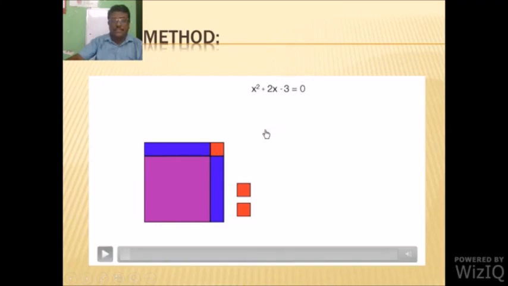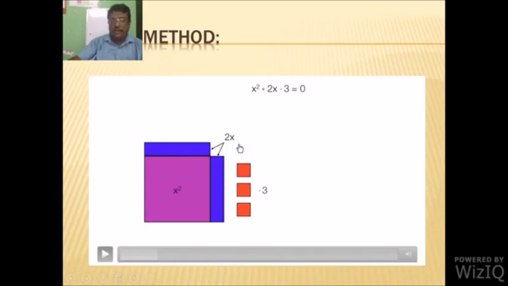Now we see the detailed equation, the pictorial representation of the equation. So the empty space represents the square of 1 unit. The length of the rectangle is x units, the side of the square is x units, and the area of the square is x square. And we have two rectangles, the area of the two rectangles is 2x. And look at the equation now, x square plus 2x minus 3 equals 0. This is the exact representation of the equation with squares and rectangles.